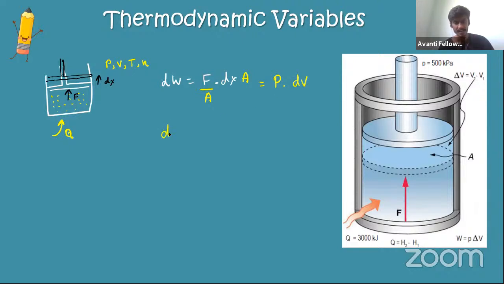Therefore, work done, whatever heat I provide is converted into work, and that work is nothing but P dot dV. Very simple and very important. The piston goes up when I heat it, and when I extract the heat, the piston will come down, and that amount of work done is equal to PdV. It depends on the change in volume. If volume changes, there will be work done.